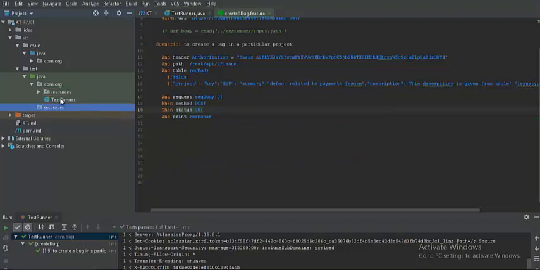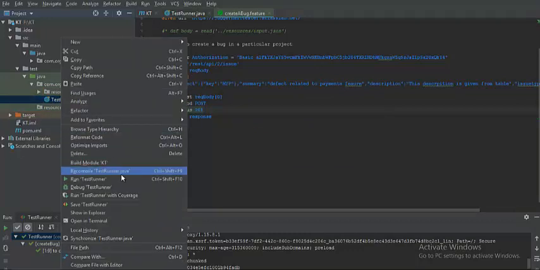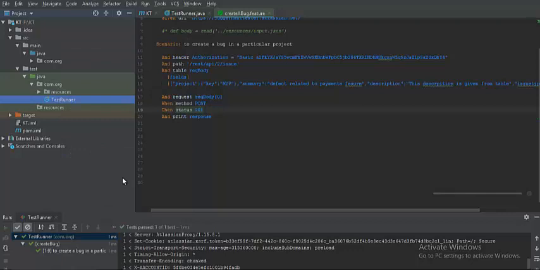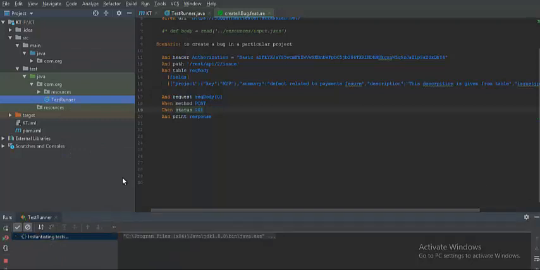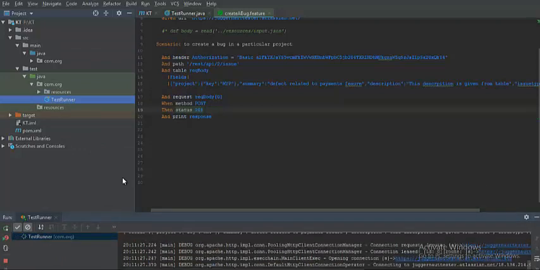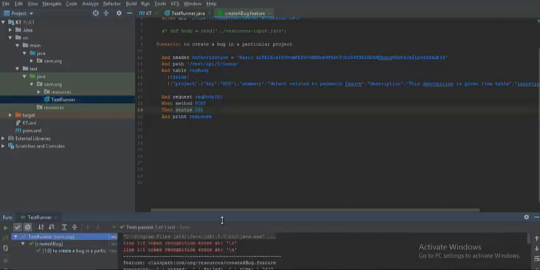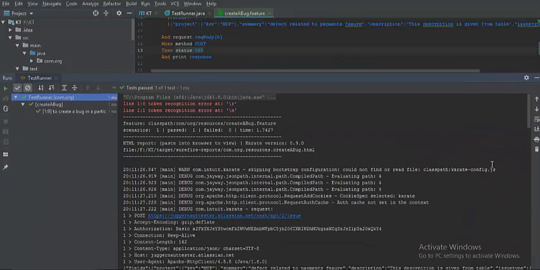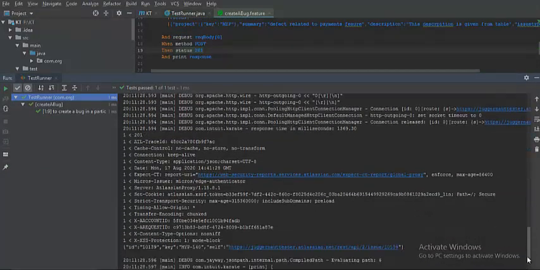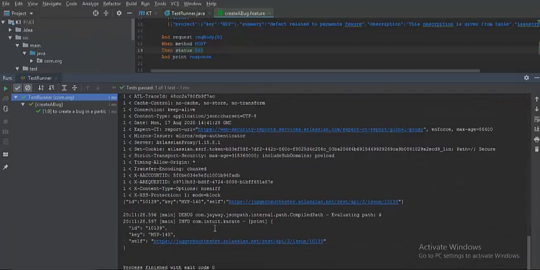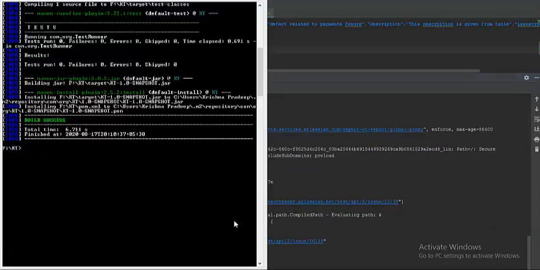And now let me run from the IDE to ensure it works well, even when we move the test from one directory to another directory. So the test started, and you can see the test got passed. Let's maximize the console to see what has happened, and we have got the response as well, MIP 140. Now let me run this command again, maven clean install, and I'm hitting enter.